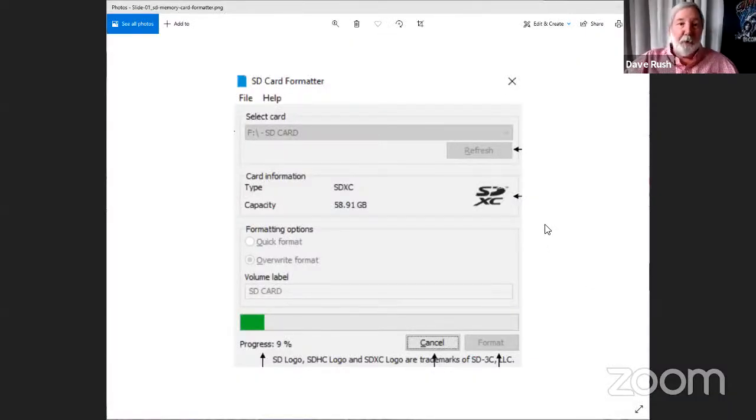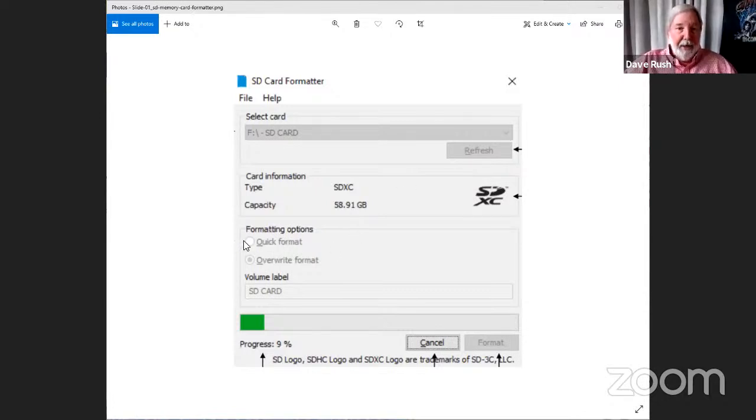I think I got a picture of one here running, because I do. All right, so that's what the SD card formatter program looks like when it's running. You'll pull down here a list of removable media. It won't show your C drive or your optical media. It'll show anything that you've got that's removable, like a flash drive or a thumb drive. If you got more than one thing plugged in, of course, be careful, select the right thing.